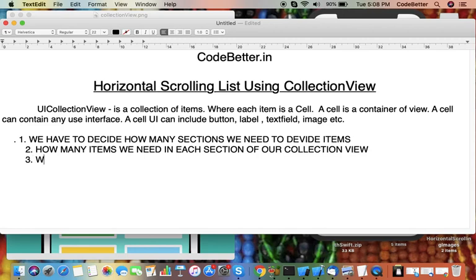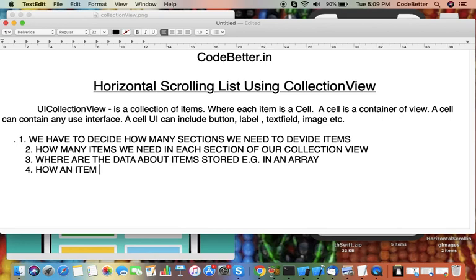Number three, where the data about items is stored, for example, in an array. And fourth, how an item looks, the UI of the cell.